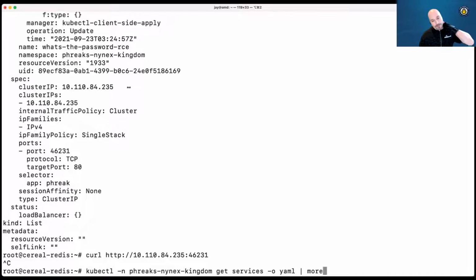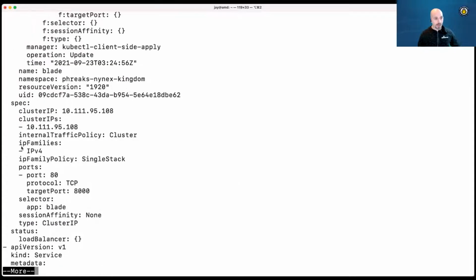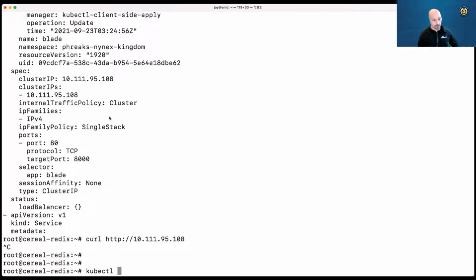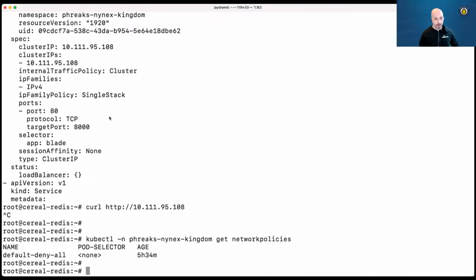So we try curling this service, the what's the password RCE, and it just hangs, so we can't reach it. And we can go try the same thing on the Blade service. Also just hangs. So players have to figure out, we had hints on their scoreboard, but eventually what they figure out is there's a network policy, kind of a Kubernetes firewall rule set, on the Freaks 9x Kingdom namespace, and it basically is a